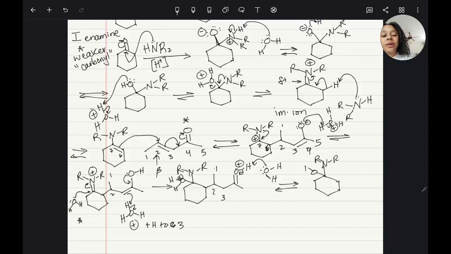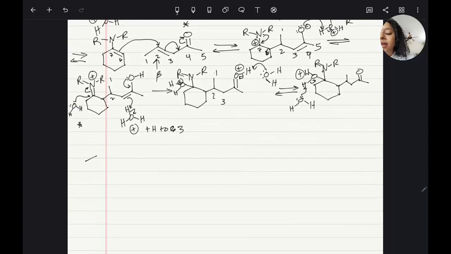So we need to get rid of the hydrogen on our water because otherwise it's just going to go backwards and leave. So to prevent it from going backwards, what I'm going to do is take another molecule of water, or we can take our amine if there's any left over, but more than likely it's water. Deprotonate. And then,